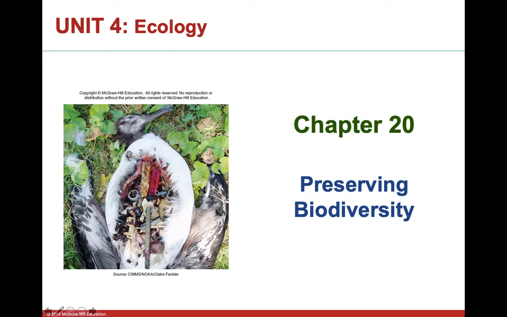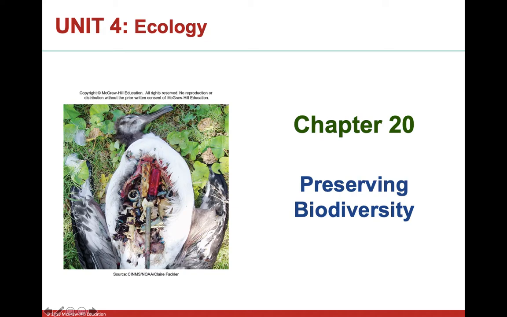As you can see here, this chapter is going to talk about some of the ways that humans impact animals and the organisms around us, and some of the ways that our activities have a drastic impact on the animals around us. So you can see here, this is an albatross, and this poor guy, he's barely even an adult. You can see he probably is just now starting to learn to fly. He's still got little fluffs on his head, but he's eaten and obviously died because of it.